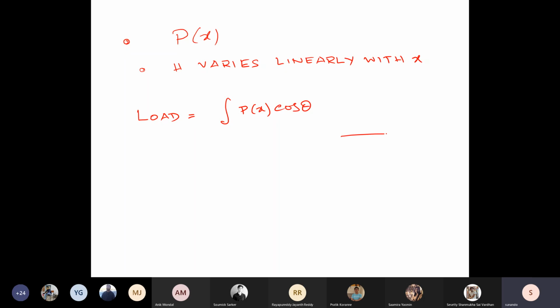If you remember, I have the bottom plate and the top plate. This angle is theta. So P, which is a function of X, so I have Px over here. So Px multiplied by cos theta into dx, and this of course is from 0 to L. So I would give you the final expression for the load, and the rest you have to do on your own. The answer to this is 6 pi U naught